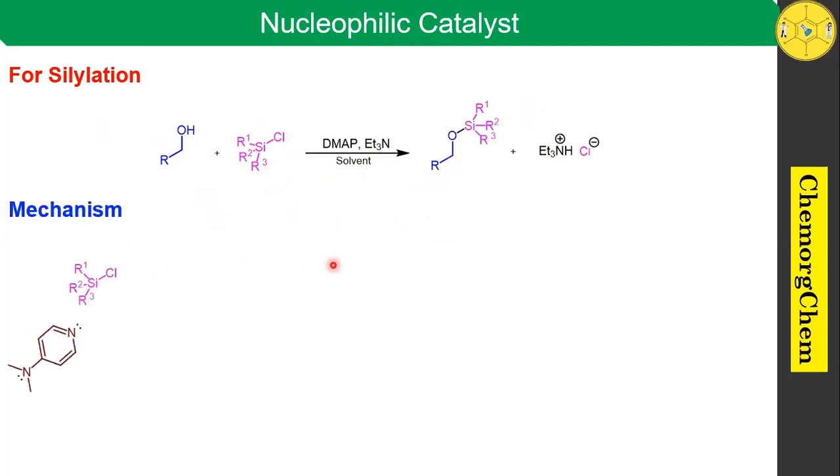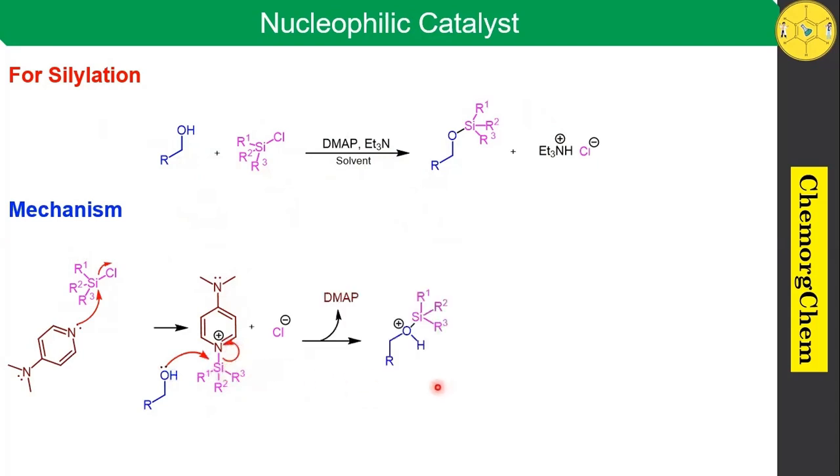So first, DMAP reacts with this aryl or alkyl silyl chloride, which readily produces this corresponding active intermediate. Now you see the alcohol readily reacts with this active intermediate. So now you see this oxygen atom attacks the silyl group, followed by kicking off DMAP, which readily produces this corresponding intermediate. Now you see this triethylamine readily abstracts this hydrogen, which readily produces this corresponding silylated